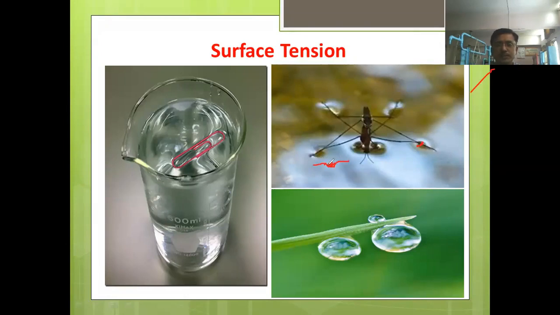And as this curve is there, the surface tension force which is present on the surface is trying to act in this direction, and here also it is acting in this direction. So because of this, though weight is acting in the downward direction and the specific gravity of the object is greater than that of the water, this object is not sinking down or settling down. It is floating on the surface of water. That is the reason behind it: surface tension, the force acting on the surface. Again, the shape of the liquid droplet, why it is spherical in shape, that also we have discussed in the previous lecture.